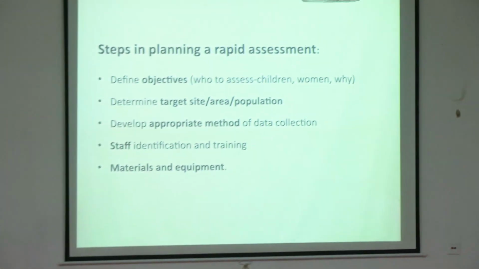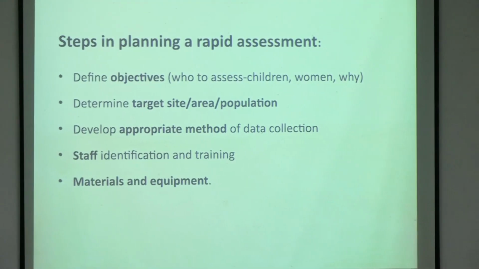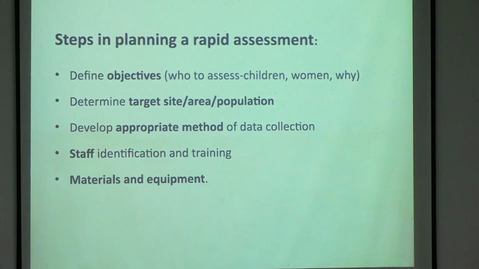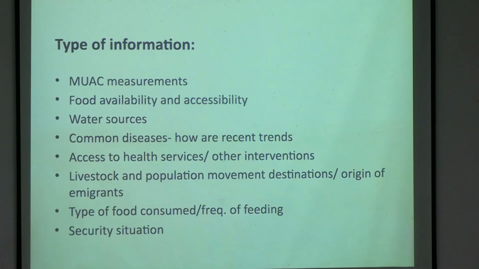Target site area. Our area must be defined. कौन से population में करेंगे? कि सर 5 साल के नीचे वाले बच्चों का करेंगे. सिर्फ प्रेग्नेंट महिलाएं मिल जाए तो उन पे करेंगे. So our population has to be very precise. And of course we need logistics. टेप चाहिए, weight machine चाहिए.